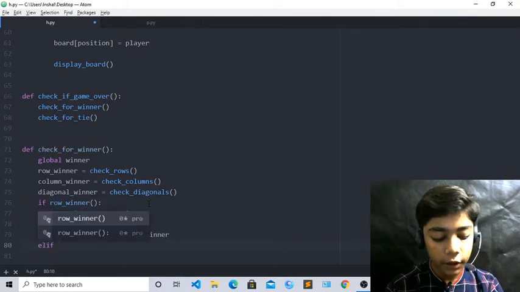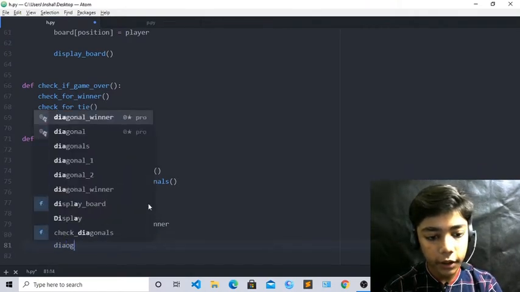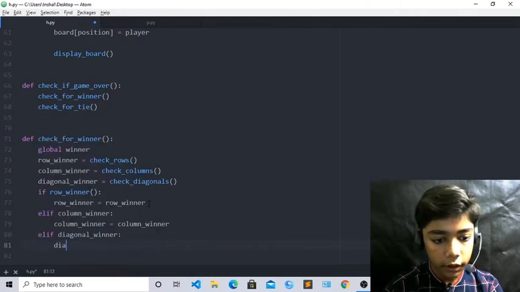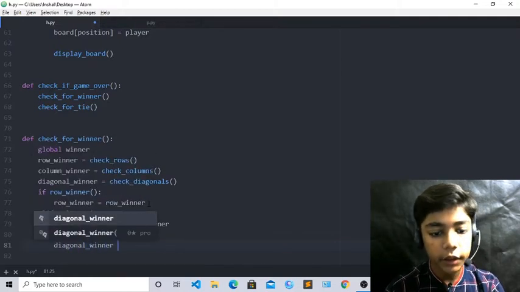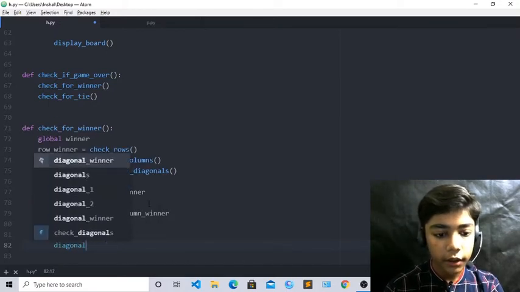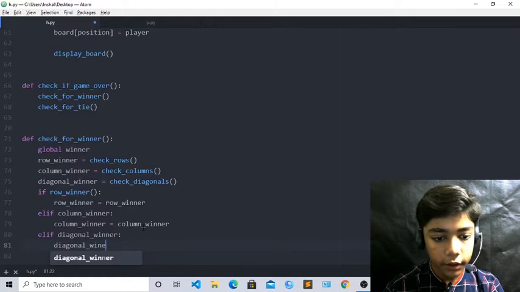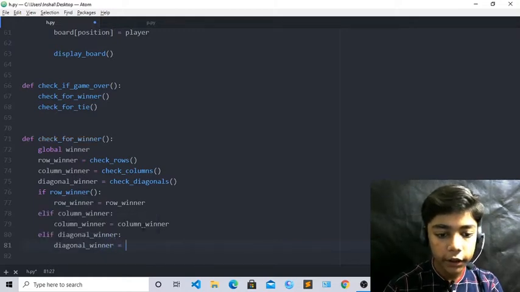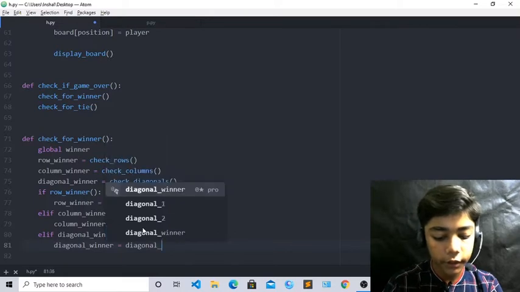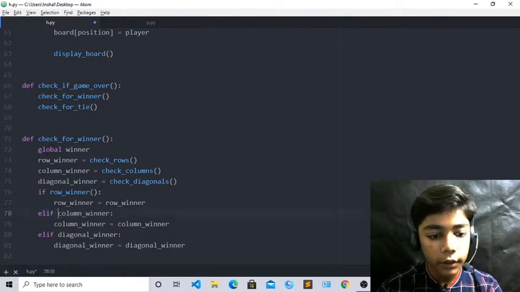Okay, so now you can see this, we have defined till here equal to column here, and write here again elif, which will be now diagonal winner. Okay, so now write diagonal winner. Now just come over here and write diagonal, and close it. First of all just write diagonal winner again, and it will be equal to diagonal winner. Okay, now till here we have defined all these things. Now I hope you have remembered, and you have understood it also.